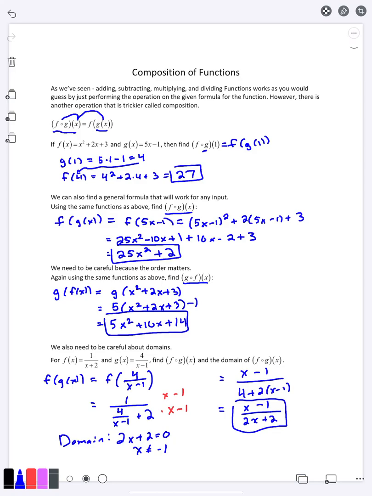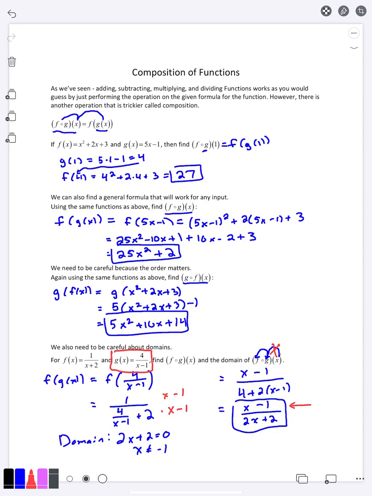The reason why is this is not just the final function. This is a composition of functions. That means we took one thing and plugged it in another thing. And so that means whatever x you have first has to get plugged into g, and then the answer has to get plugged into f. And so if you look up here what g was, what would happen if you tried to plug in, let's say, 1 into that? It'd be undefined, and if your first step breaks, you can't possibly have the second step anyways. So even though you could plug in 1 here and get an answer,